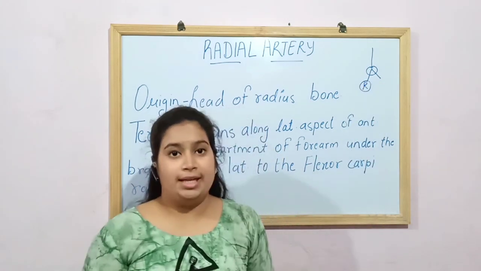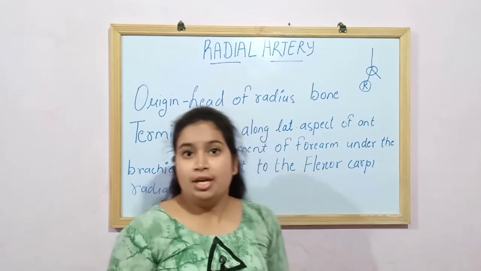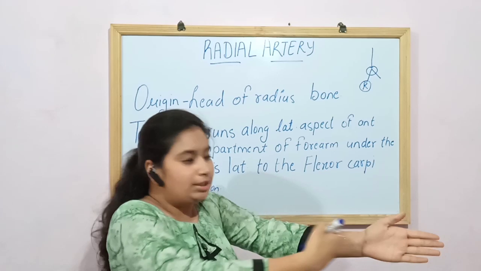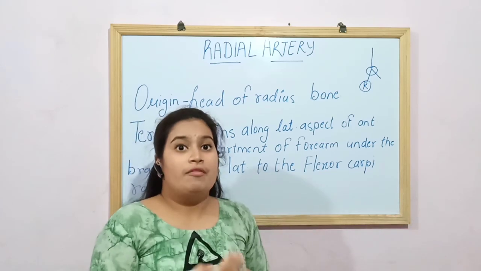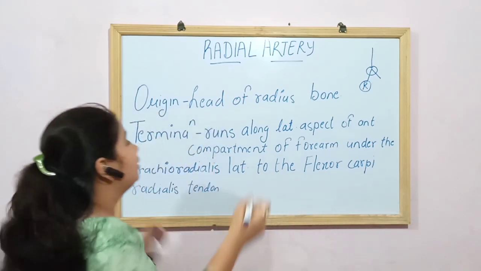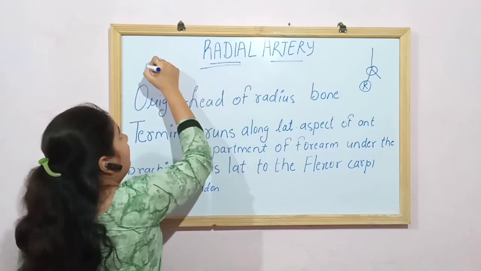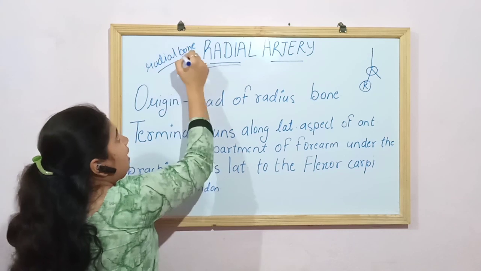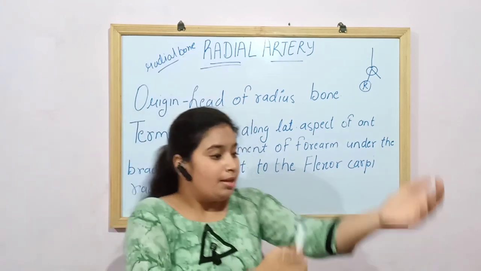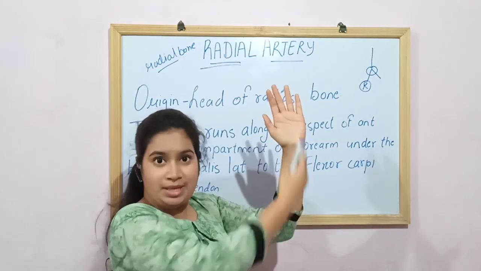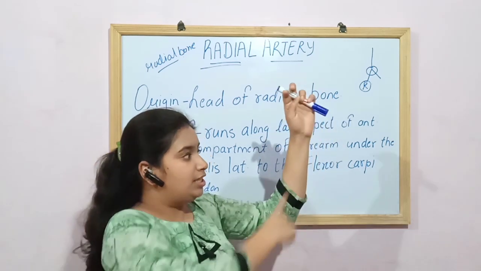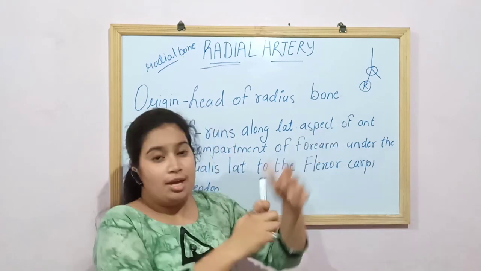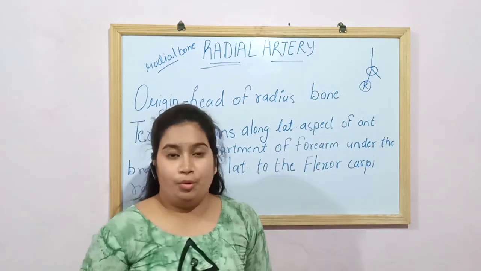जैसे कि नाम से ही पता चल रहा है ये है radial artery. So it's very easy to remember that it will move along the lateral side of the forearm which is having the radial bone. रेडियल नाम से ही पता चल रहा है तो ये हमारी रेडियल बोन जिस साइड है उसी की तरफ होती है यानी अल्नर बोन इज टुवर्ड्स द मीडियल साइड एंड रेडियल बोन इज टुवर्ड्स द लेटरल साइड. सो दिस आर्टरी इज running along the radial bone.